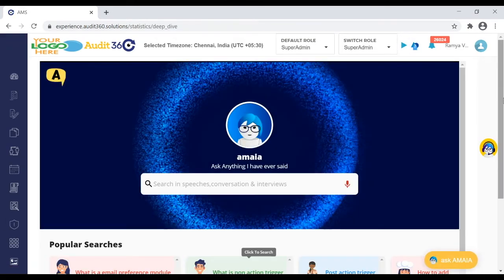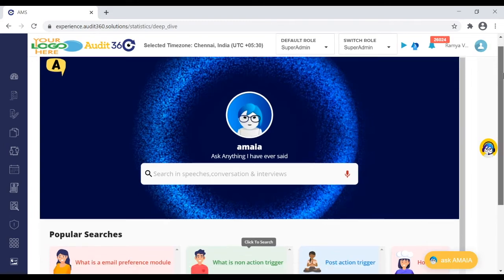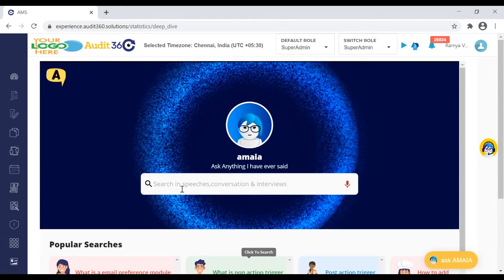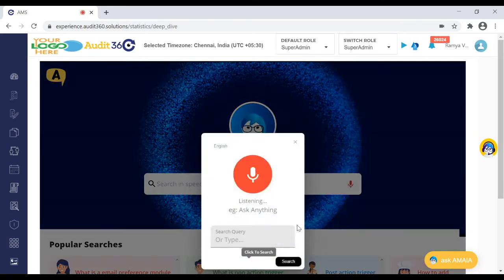Yeah. So once you click on Knowledge 360, this is the screen which you will be presented with. You can type a keyword, or you can even give a voice search. So I'll give a voice search. It's multi-auditor. So I'll give a different one. Let me give a keyword as annexure.